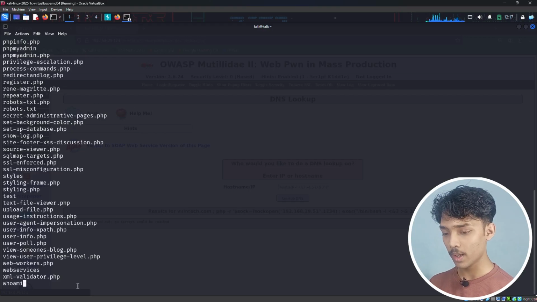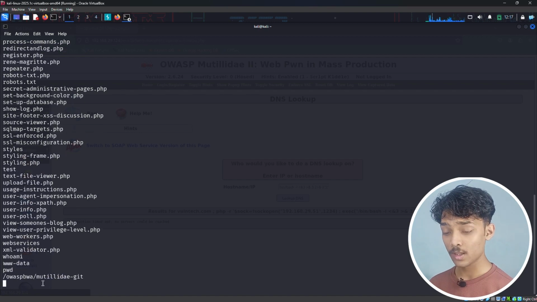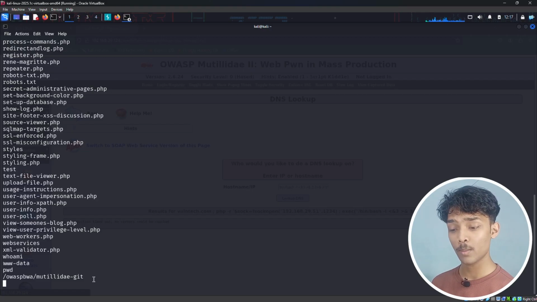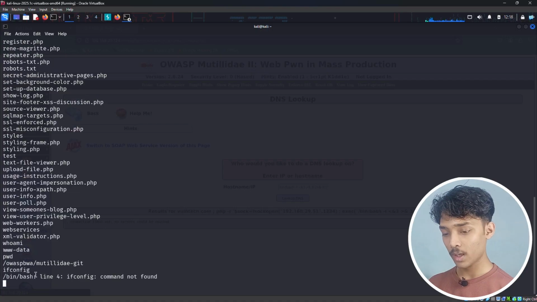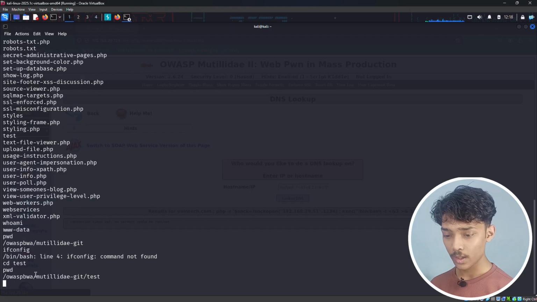If we type whoami, you can see it gave the output www-data. If we type pwd, it tells us which present working directory we are working in, that is the mutillidae directory. And if we type ifconfig, and then cd test, and then pwd, now it will tell us that we are in the test directory. That means we can move in the directories as well, we can change directories as well, and we can